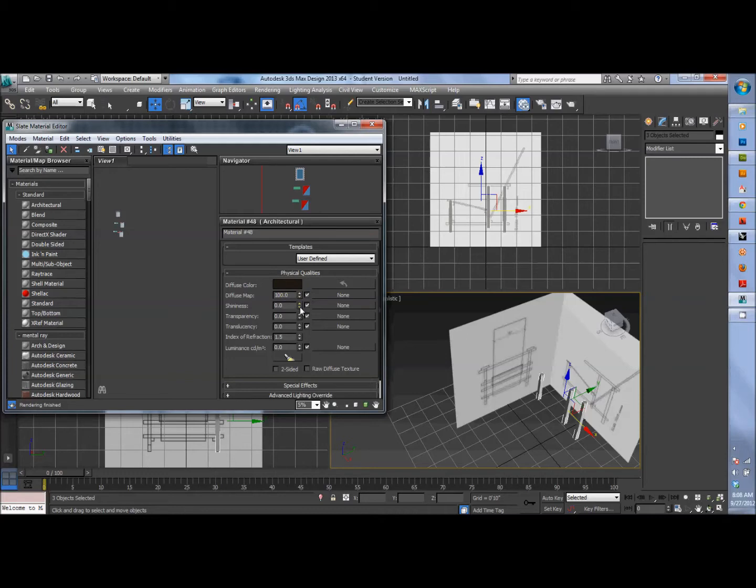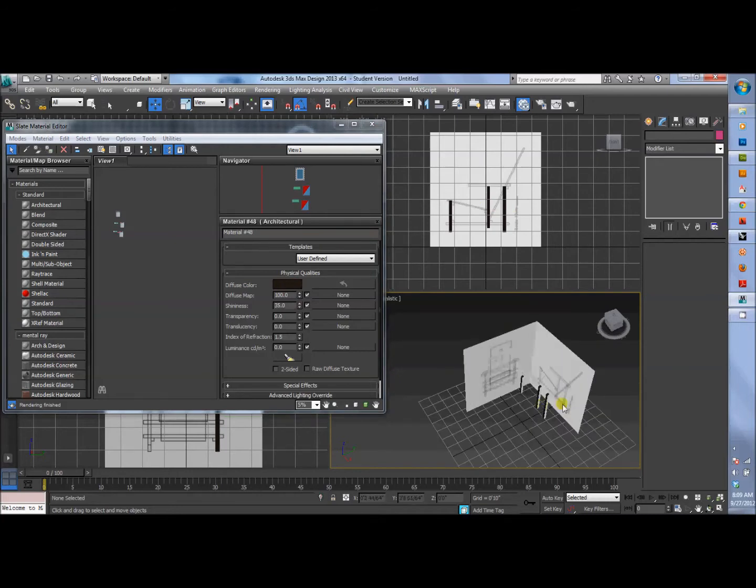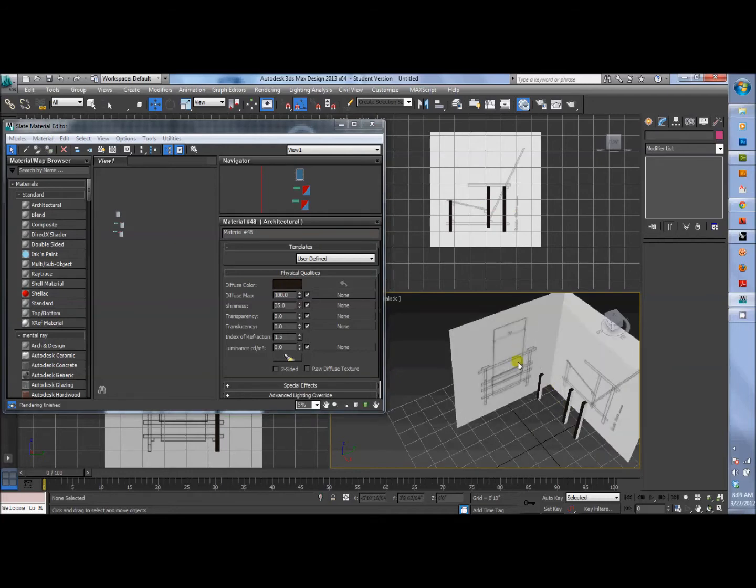Oh, there we go. That's what it was. So it's not going to look correct unless you turn up the shininess on it, just because it's trying to simulate the light hitting it. So now that we've got those taken care of, we're going to make another